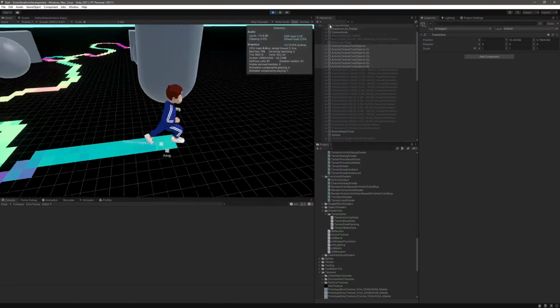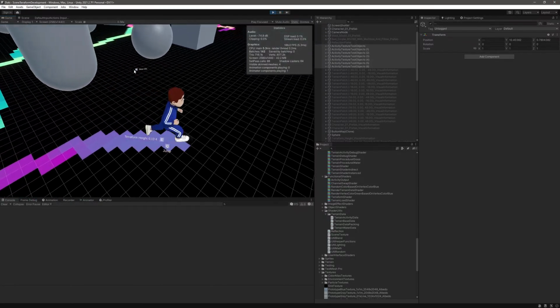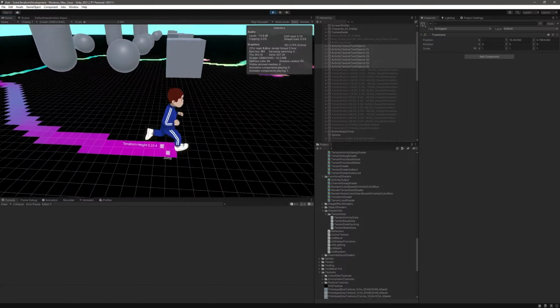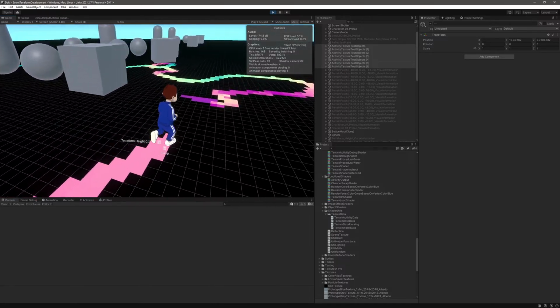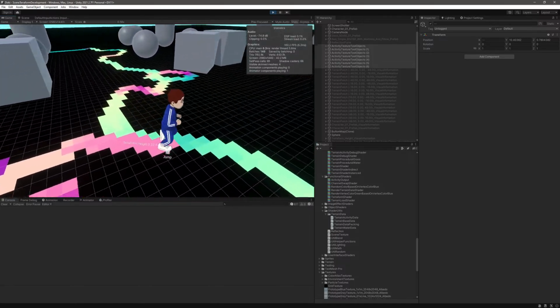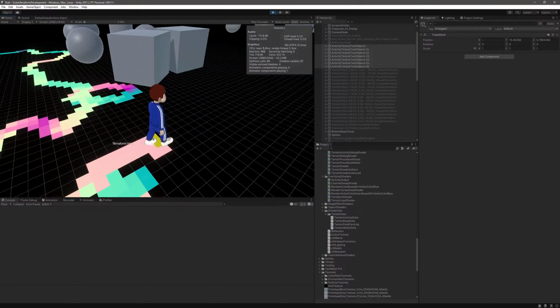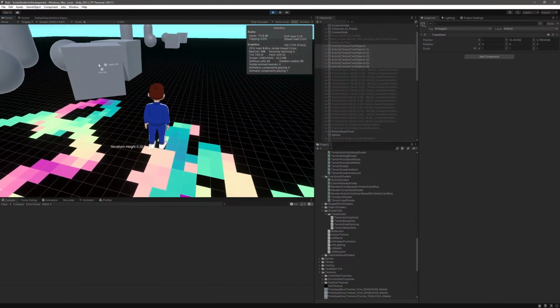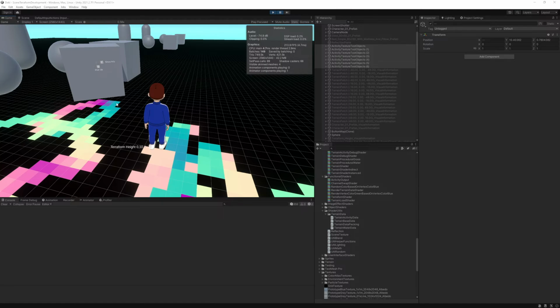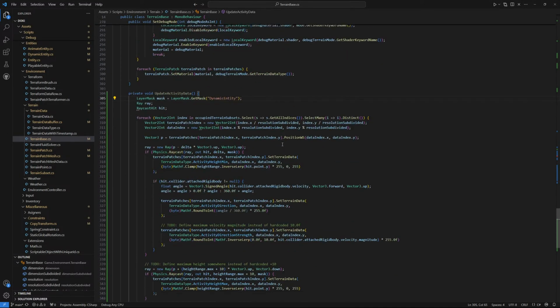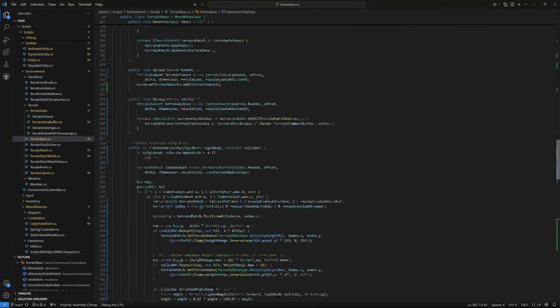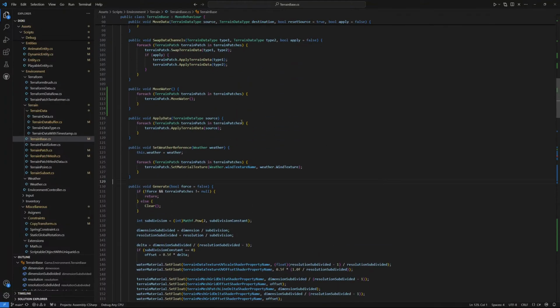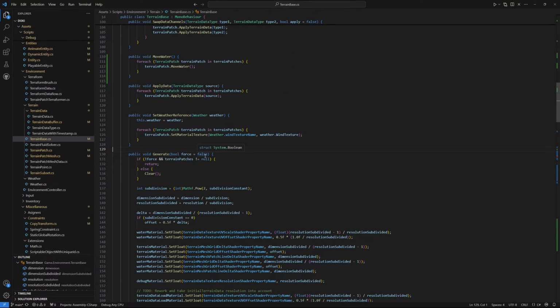And this seems to work. We seem to be painting on all terrain patches now, so that's good. Although I'm wondering why we don't get any paint from these. And I think it is because we do